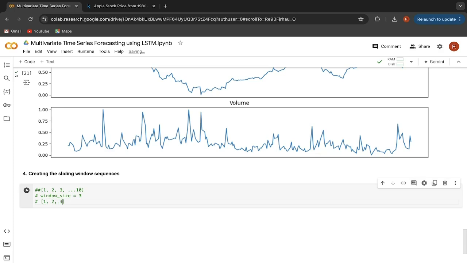And depending upon this past data, it will predict the future data, that is for the fourth data, it will forecast the values. Then in the next step, as the window size is 3, it will now consider the next 3 time steps, which is 2, 3, 4. And now it will make predictions for the fifth data using these previous 3 time steps.